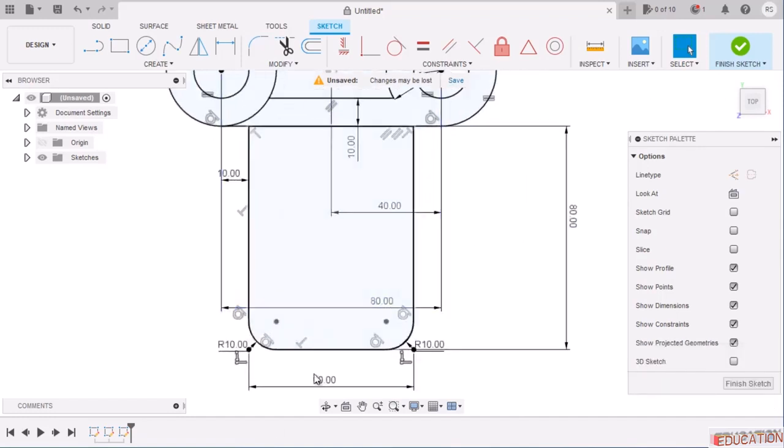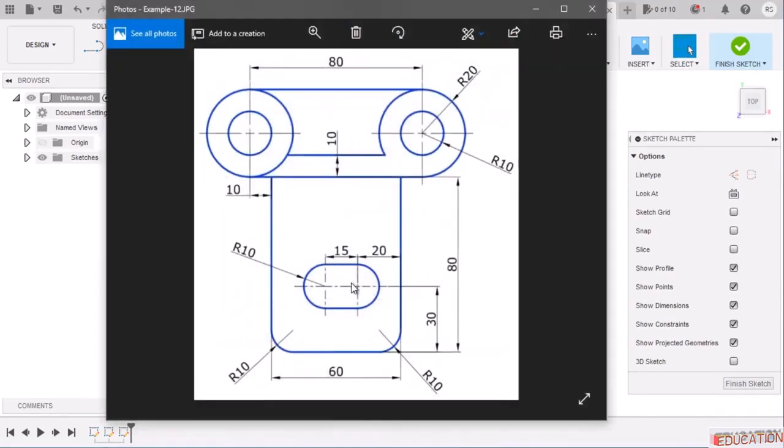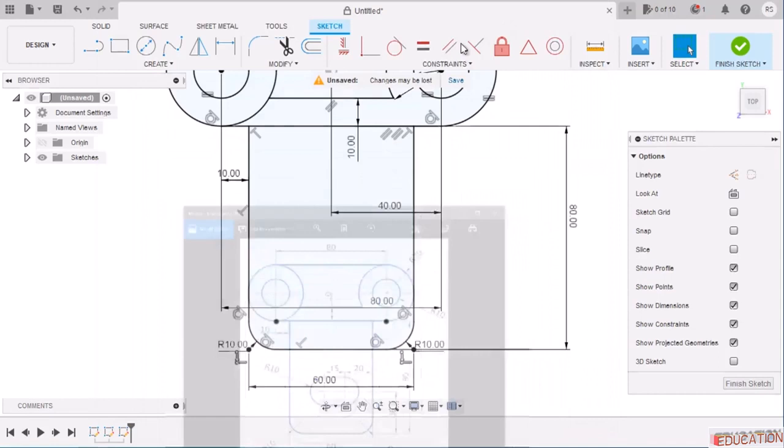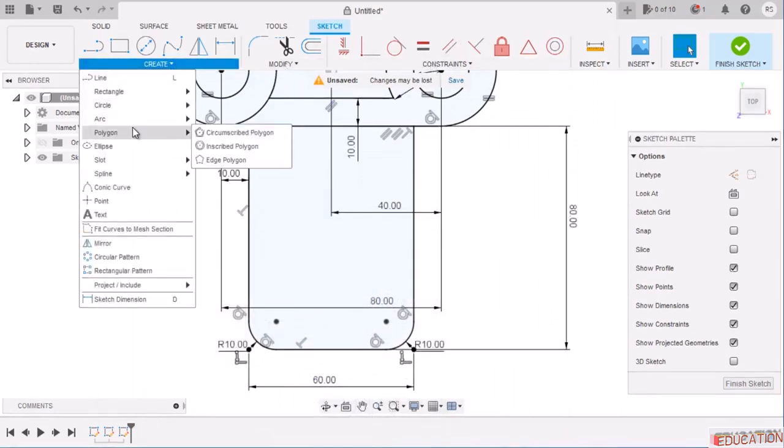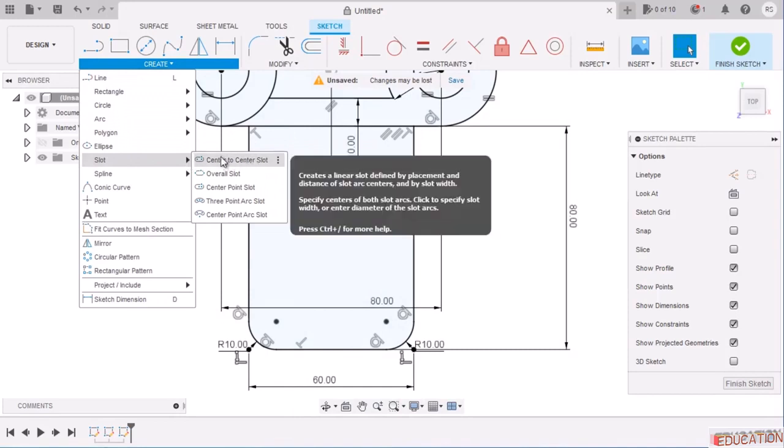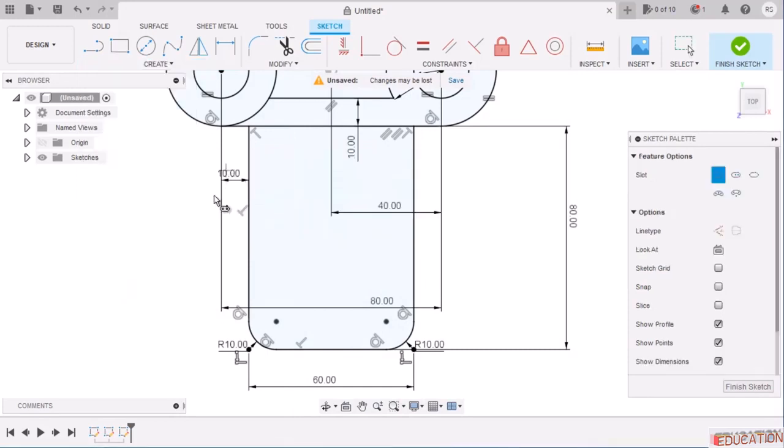Now we are going to learn a new tool. Here this portion we can create by creating 2 circles and create 2 tangent, and then we can trim, or we can use another tool which is called slot, center to center slot. Click on center to center slot. I'll click somewhere here and somewhere here. You can see directly we are achieving this